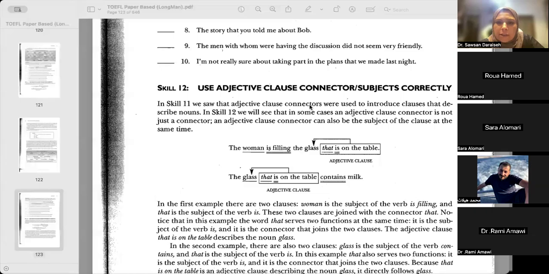This skill reminds us of a skill we took before. Remember when we talked about noun clauses? We said that sometimes the connector could be the subject in the noun clauses, remember? All right. Now